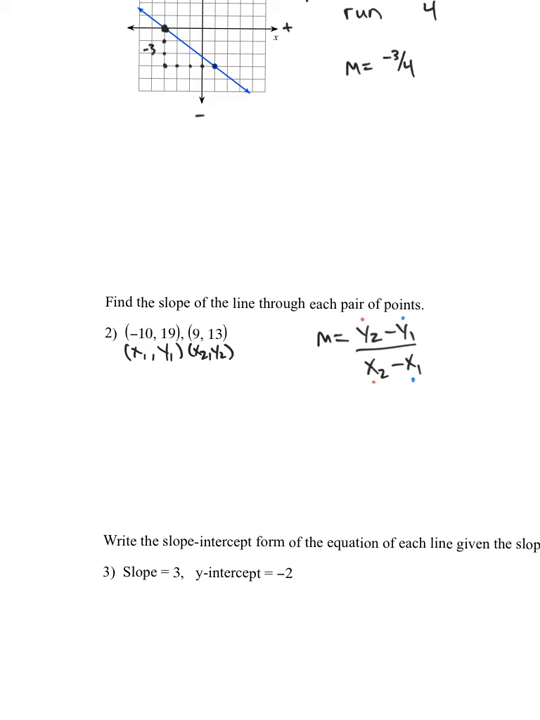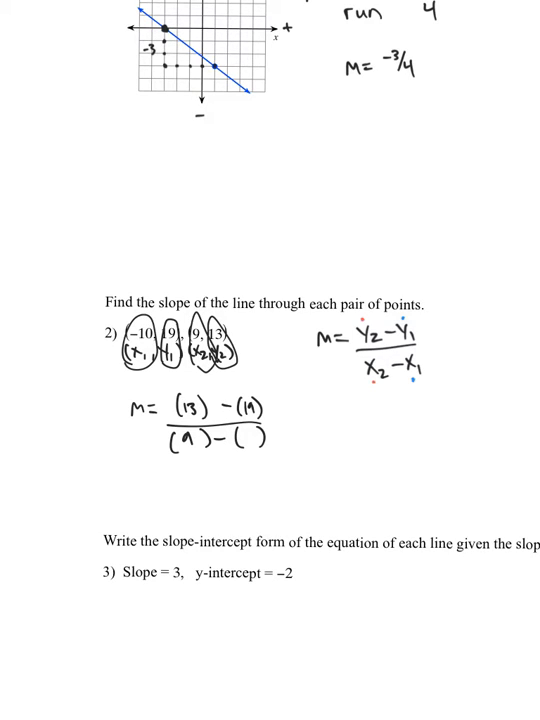Now we just need to follow where these points are. And again, when you're plugging in, to avoid sign mistakes, always use parentheses. So let's write out what this is going to look like with our parentheses. All right, so y2, where's my y2? y2 is right here, so that's 13, minus y1, the y coordinate on my first point, 19. This is going to be over x2, x2 is 9,